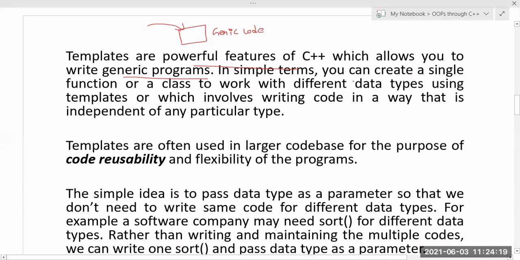So in simple terms, you can create a single function or class. Based on this function and class, templates are divided into two types: one is function template, another is class template. If I'm creating a single function, like a function for sorting numbers, the logic related to sorting will be written in that function, so that it acts like a template. It won't be restricted to one data type, like